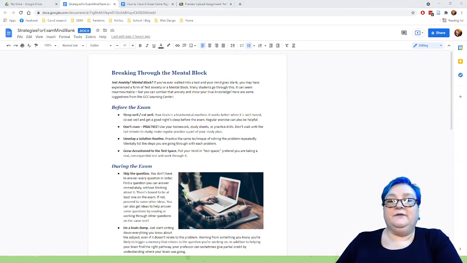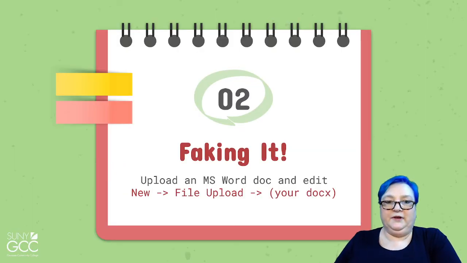Now, incidentally, if you're starting a brand new assignment and you haven't even started anything, there's an easy way to make that happen. Just make a blank Word document, upload it into Google Drive, and now you have a blank Word document that you can edit, and it will still be in this docx format. So we never have to touch the translation at all. That's a wonderful thing to do.